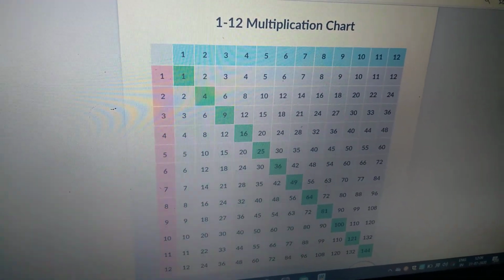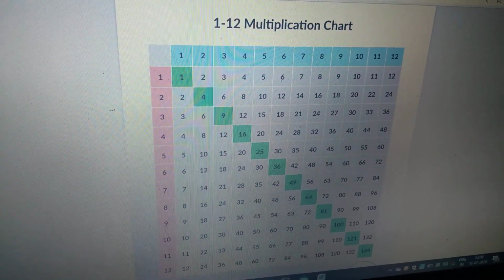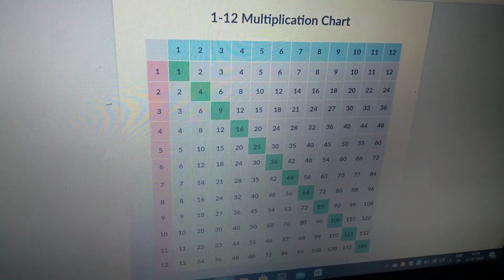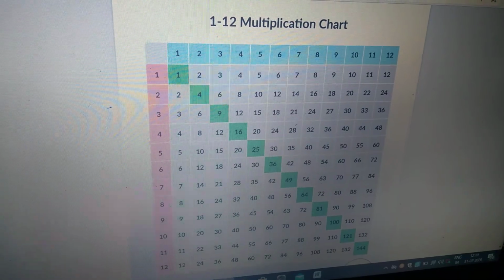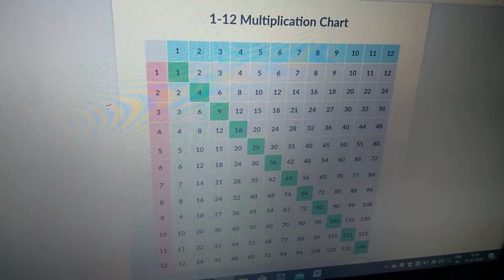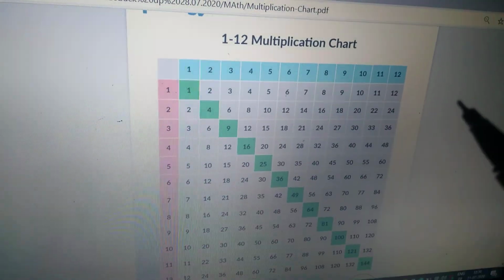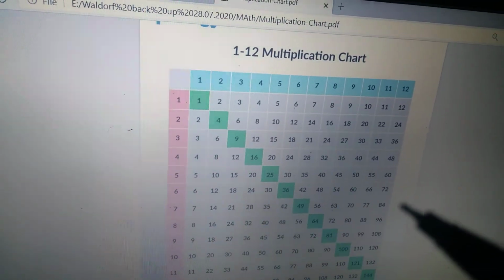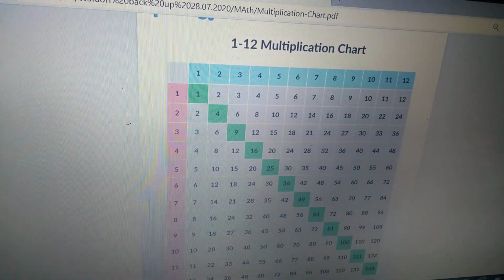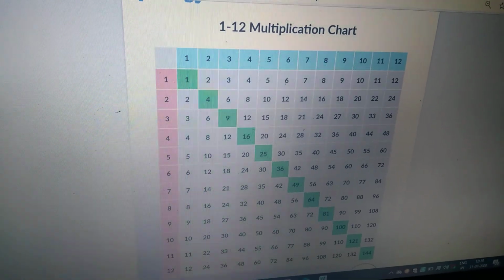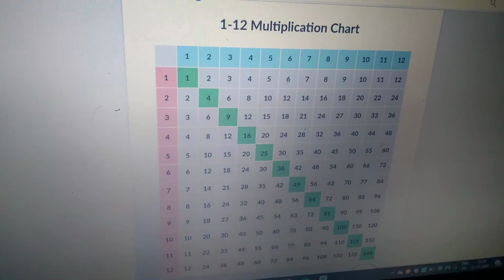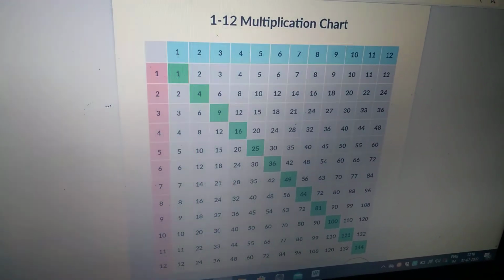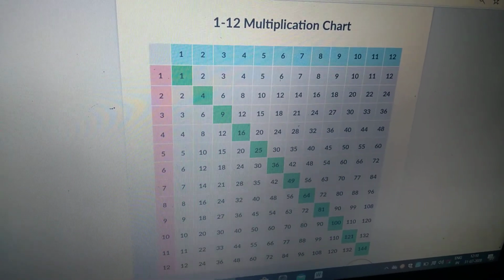Now, these are just a few things that I am telling you, but there are many more. So, children, you will now firstly make this chart. Second, you will find the various patterns and you have to explain to me why is it that the same numbers are appearing here and here in the 7 times table, here and again here. Why is it that the same numbers appear and what does that mean? After this, you will make a similar chart for 13 to 20 yourself. I will send the grid for that also.